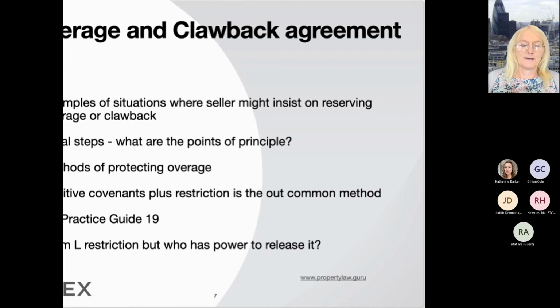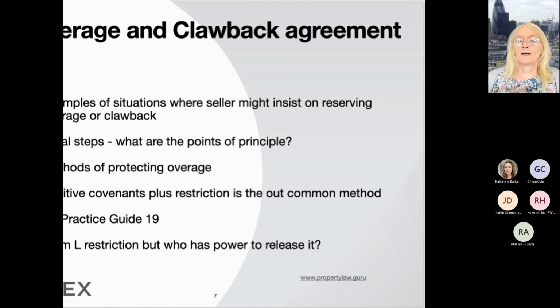So I might say there's a restrictive covenant on it that you can't develop that land in any way or use it for anything other than a paddock. And obviously, if you do, then you're in breach of the restrictive covenant and I will sue you. And we will agree terms for the release of that restrictive covenant. There are problems with that, but it might be something that's only a very slim possibility, but the farmer doesn't want to lose out. It could be a mortgage, though that's very unusual. It could be a lease, or it could be a ransom strip.